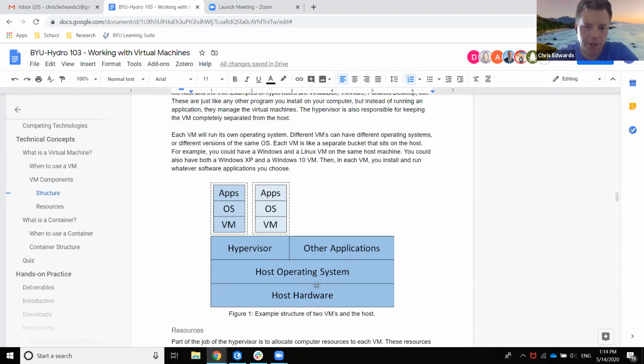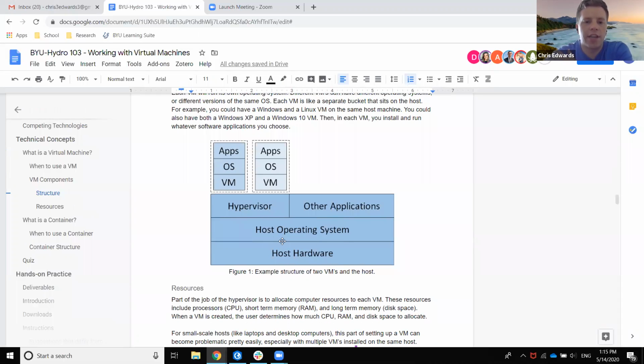We'll use that as the example. You have the host hardware, so your computer, your laptop, and then you have Windows or Mac running, and then you install VirtualBox, which is the hypervisor. The hypervisor is the software that manages the virtual machines and how they interact with the host. Then you create a virtual machine, like in the exercise, a Linux virtual machine, and you have to install Ubuntu on it. Then you can have your other apps installed, like Tethys, or an IDE like PyCharm. So there's just a lot of layers to it.